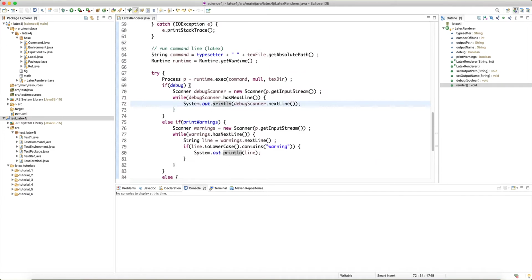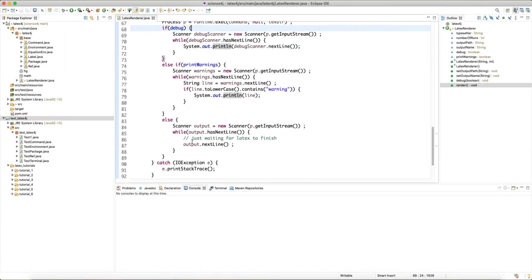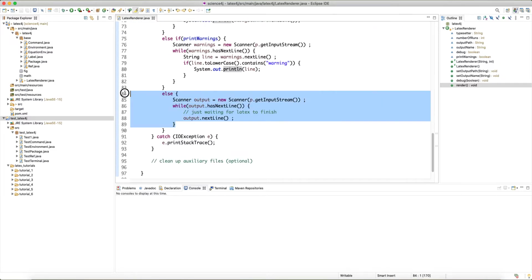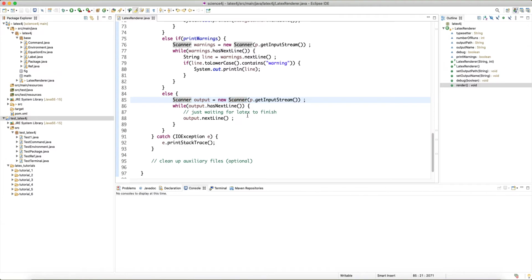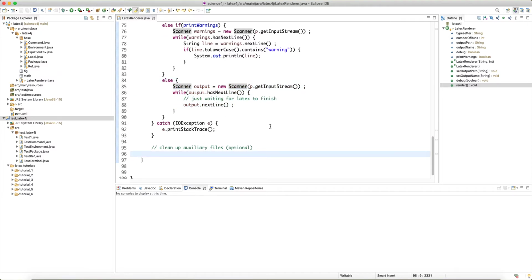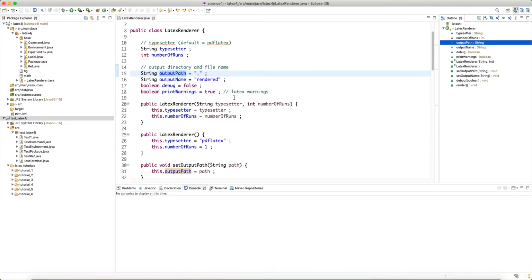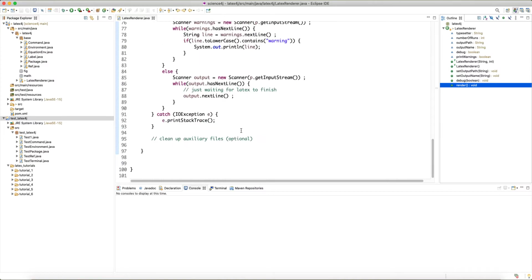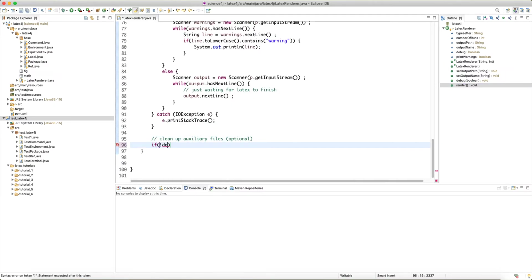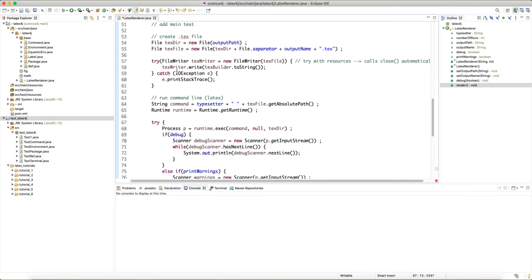So this is the case. One for debug, one for warnings, and then one for just doing nothing, and then waiting until the PDF LaTeX finishes and we have all the output. And then if we want to clean up the auxiliary files, so let's say we want the default mode. So if not debug, if we are in the debug mode, we're not going to clean up anything. But if we are in the debug mode, we are going to